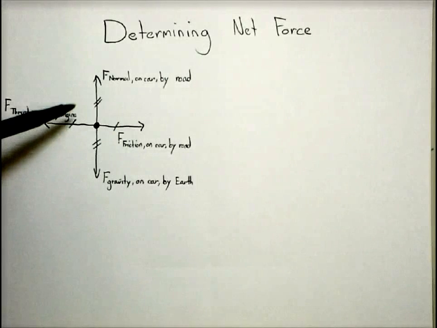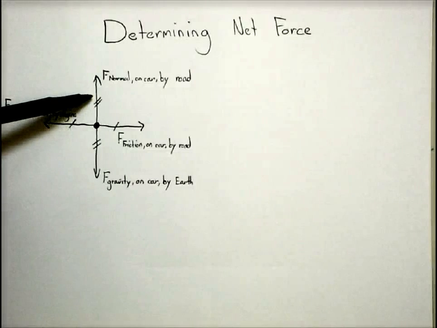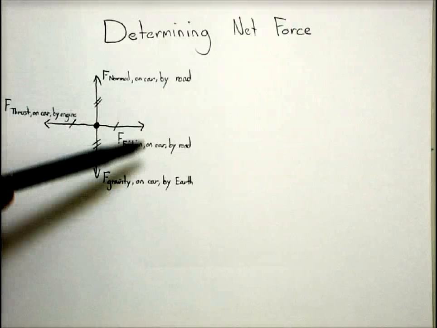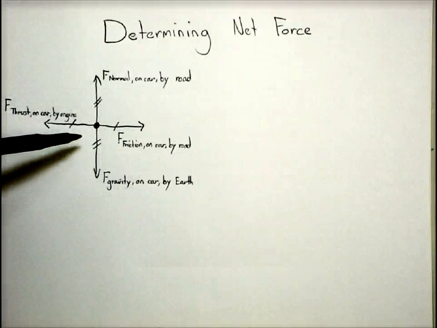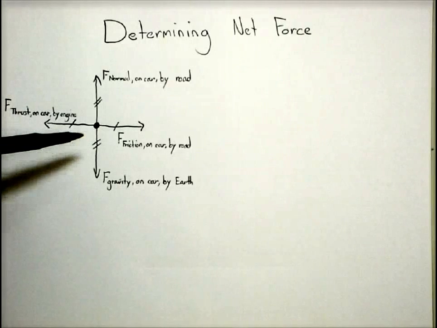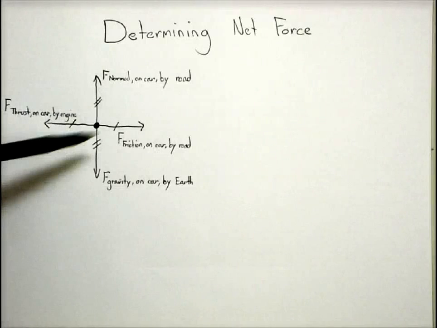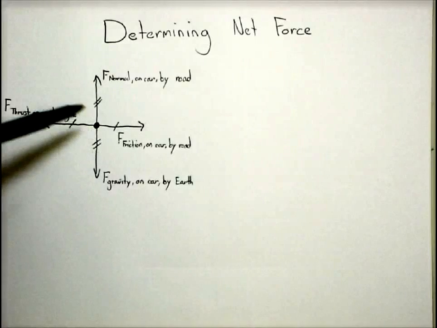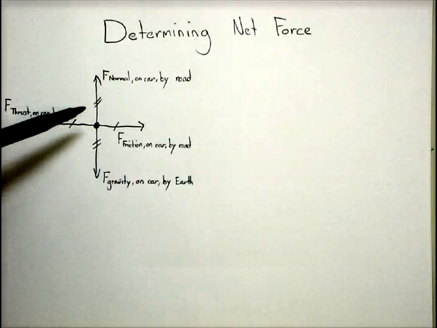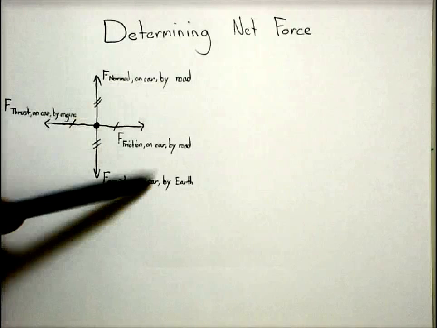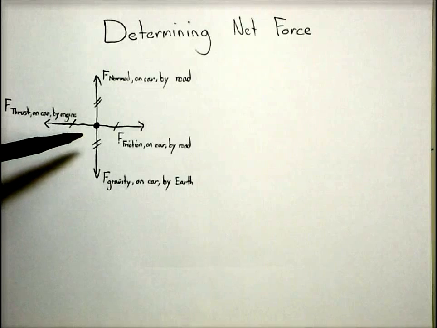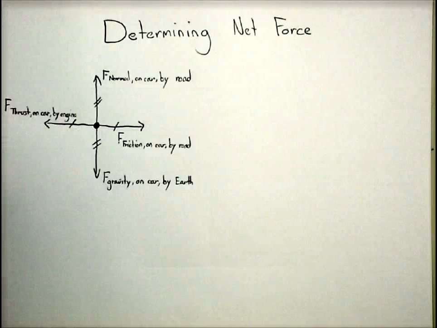So in this case, we have to take this force plus this force plus this force plus this force, find out what they all are added together, and that sum of all of those is the net force. And generally speaking, objects act as if the net force is the only force acting on them. So once we find that net force, we can determine a little bit about their motion and about why they're behaving the way they behave. But for now, let's just focus on